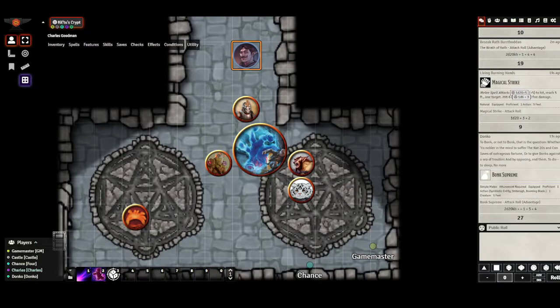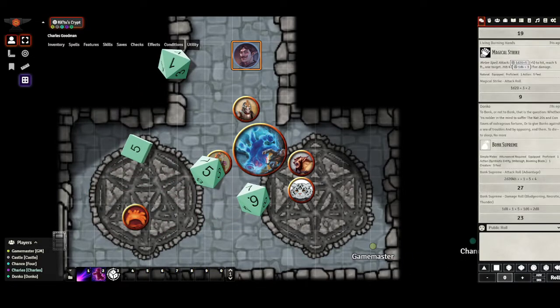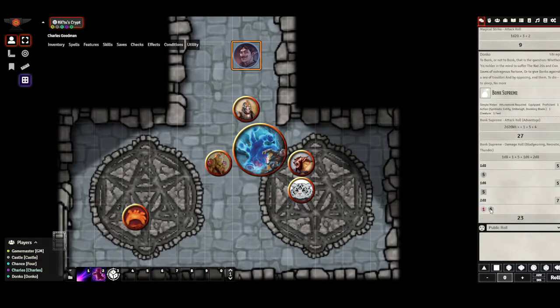Hey, all right. Let's see if the damage mod works properly. 1d8 plus 1 plus 5 plus 1d6 plus 2d8. What was the 2d8 for? For Booming Blade. That's the Bonk Supreme combo. That would be if he moves, right? No, he takes the damage on the swing. Or 2d8 is... Hold on. I wrote it in here. I think 2d8 is if he moves. But he does take an additional 1d8 on the Booming Blade spell. Yeah. So if you just take the second d8 roll off, which is the 6, it says...